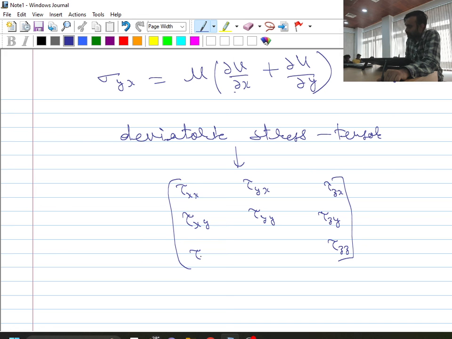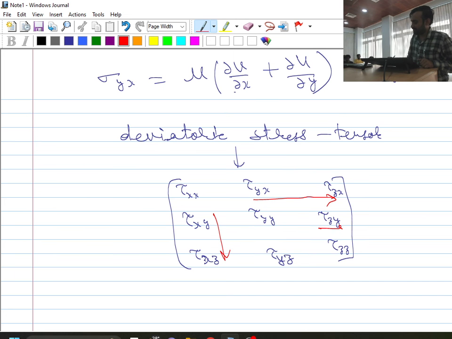This will be tau xz and tau yz. So you can see the symmetry over here, that these two terms are identical to these two terms. This term is identical to this term. Okay. So this type of symmetric viscous stress tensor is called as deviatoric stress